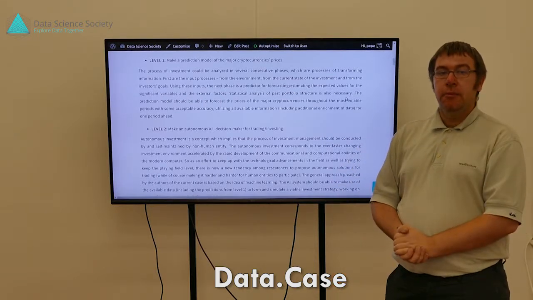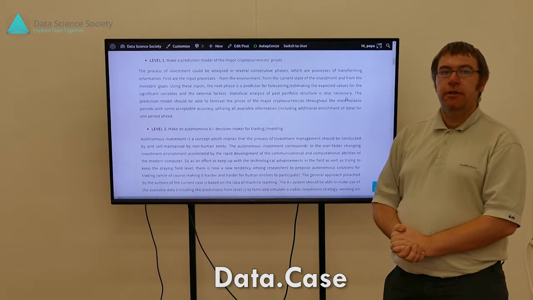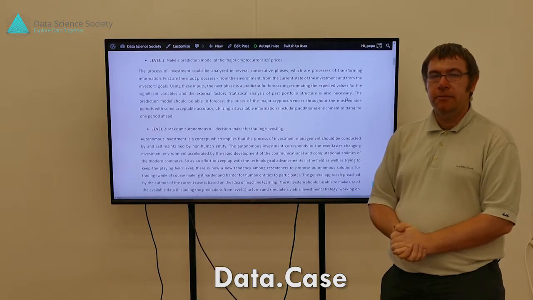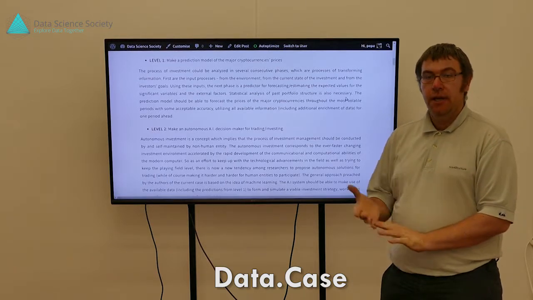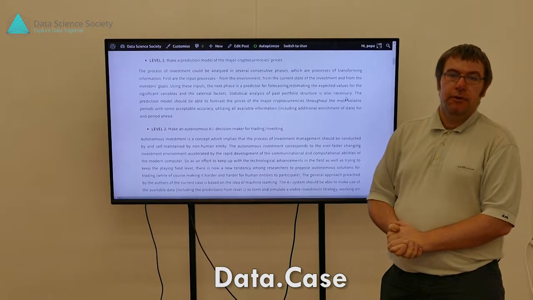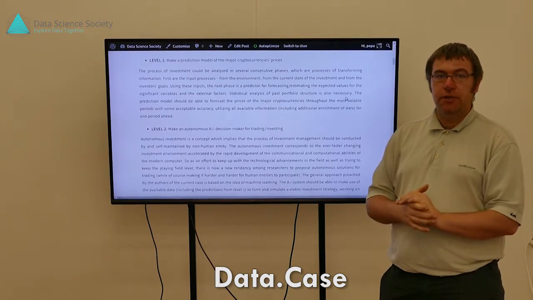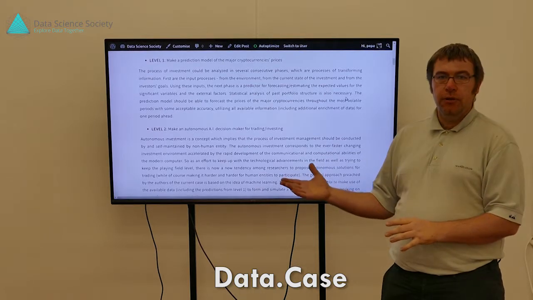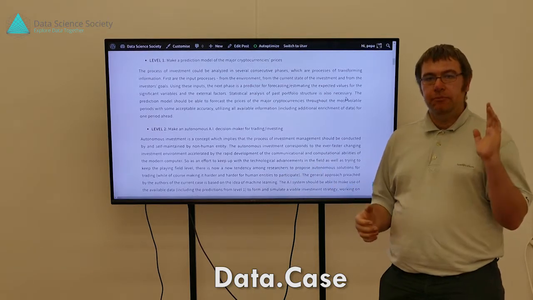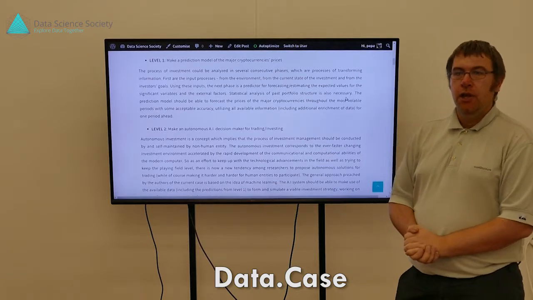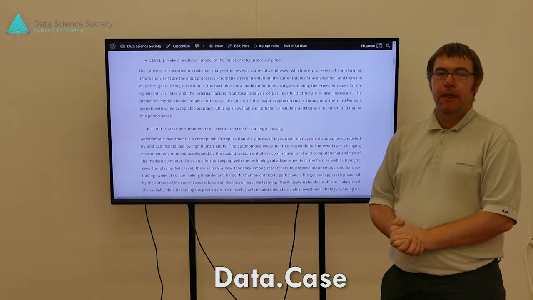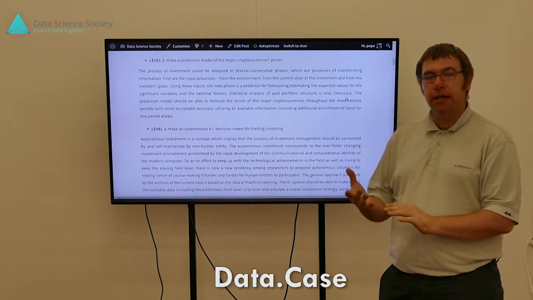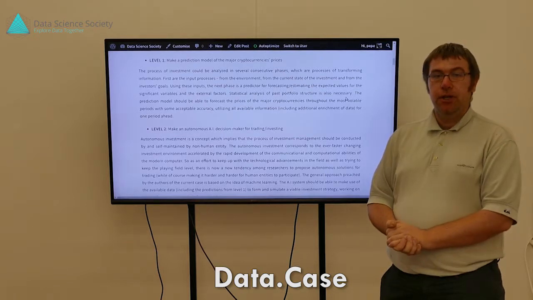Anyway, level one. Level one is making predictions about 20 key cryptocurrencies. You can use many various approaches. We have given you several ideas, but you are free to use anything you want. You can use any type of auto-regression models. You can use any type of neural networks if you wish. You can use any type of prediction modeling using machine learning, and basically you can use anything.